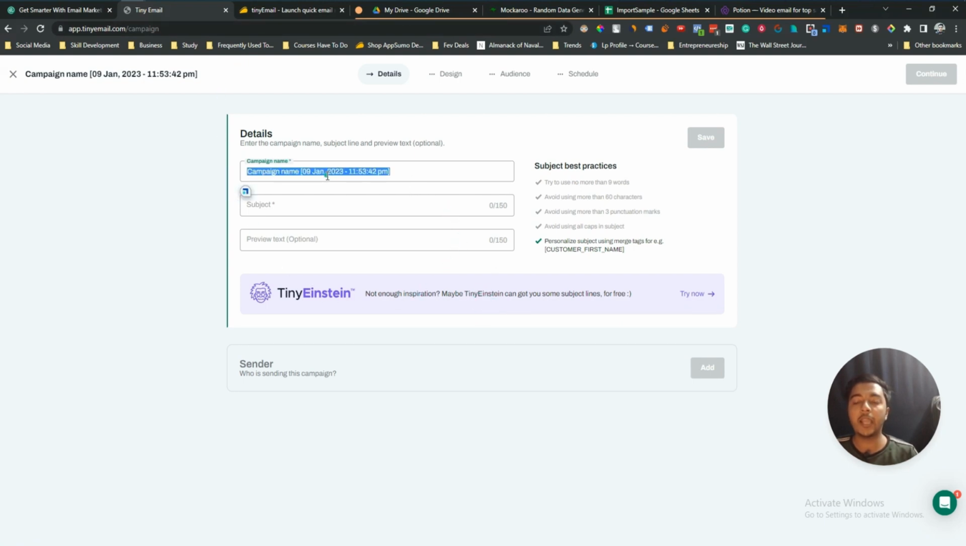And here you have to give the campaign name. Let's say the campaign name is video purpose, and here you have to add the subject and preview text. Now let's say you don't have an idea what you want to add, so they have one small AI writer, see,